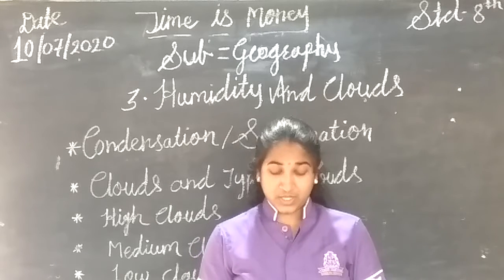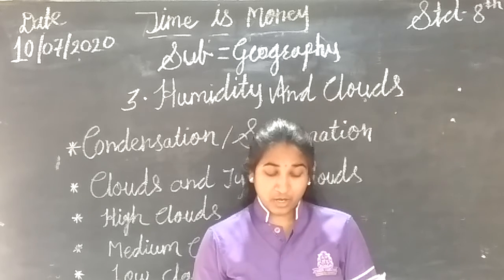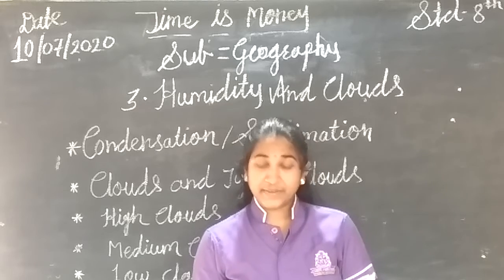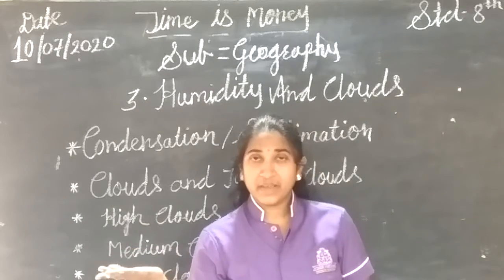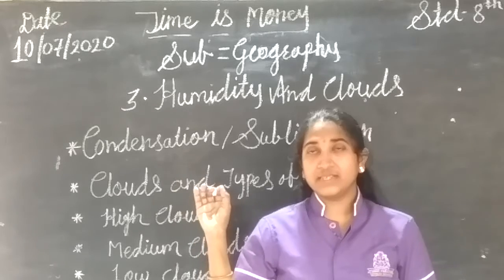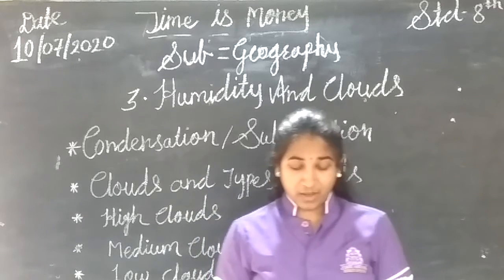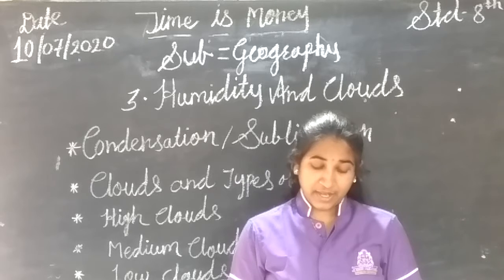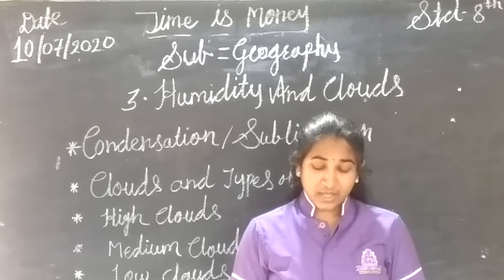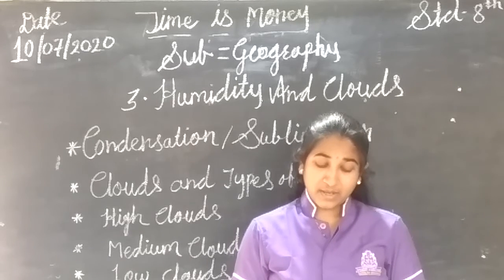Because of these conditions, fine particles of ice and water float in the air at a greater height. Only because of these conditions can the clouds, or the particles of ice, float in the air. They accumulate around dust particles in the air and become large in size. Their accumulation together is called a cloud.